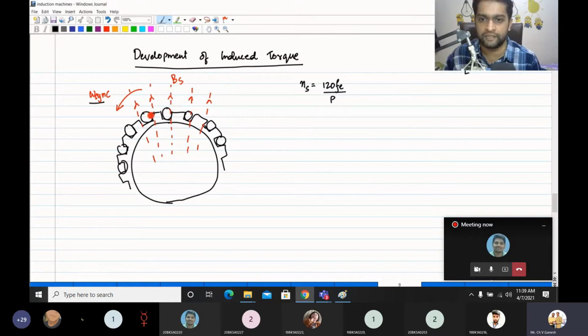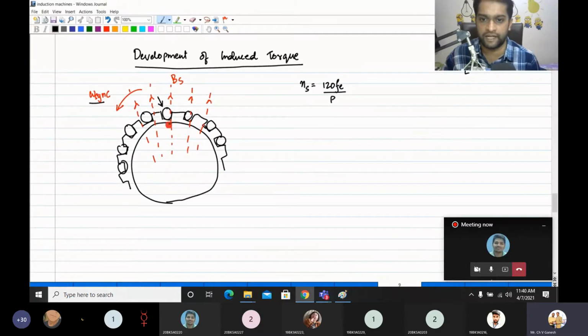So for these conductors, because this field is changing its position, let us take this conductor here. It is seeing a changing magnetic field, right? Because it's rotating, this conductor sees a changing magnetic field, and an EMF will be induced. What do you need for EMF? You either need a spatially changing magnetic field, or you need a flux which is changing with respect to time. So in a transformer, EMF is induced due to flux changing with respect to time. Whereas in a generator or a motor, the EMF is induced due to the space variation of the flux.